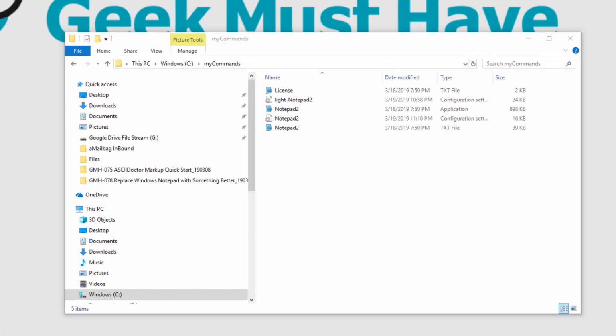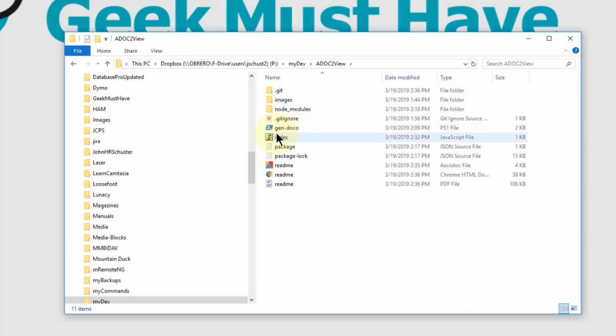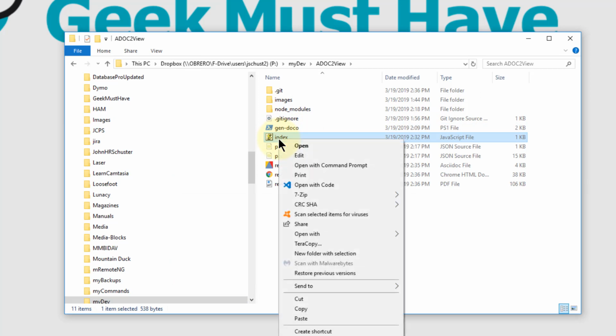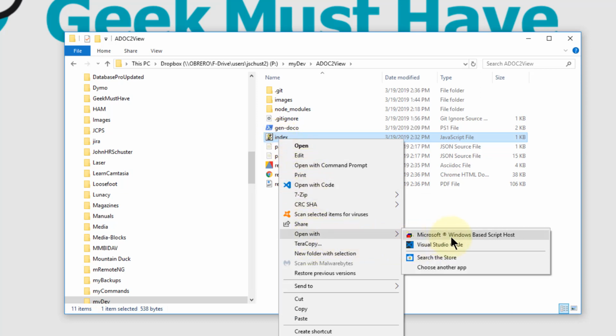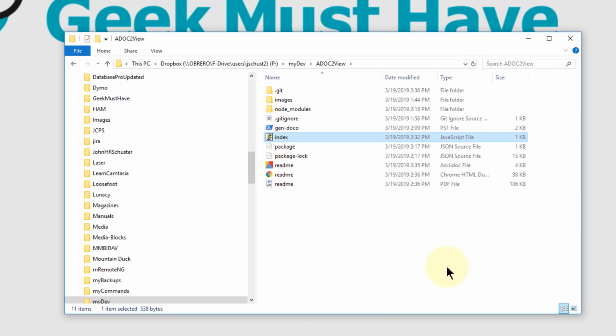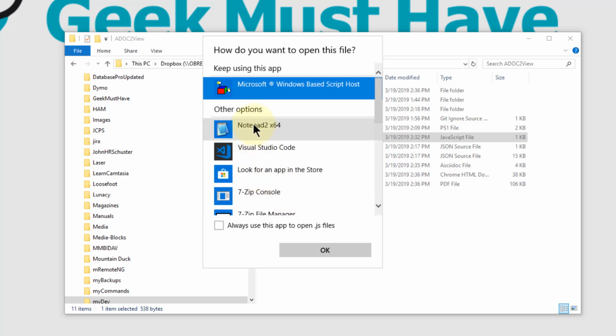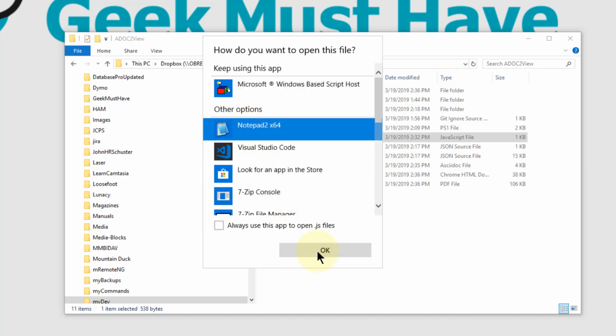Now, to verify that the dark theme is actually in place, I'm going to open up a JavaScript file in one of my development areas. And here's the index file that I would like to open up with Notepad 2. I'll right-click on it and say I would like to open it with, and I would like to choose another app. Scroll down, you'll notice that Notepad 2 is listed. By clicking on OK,